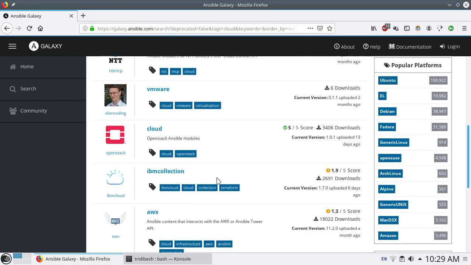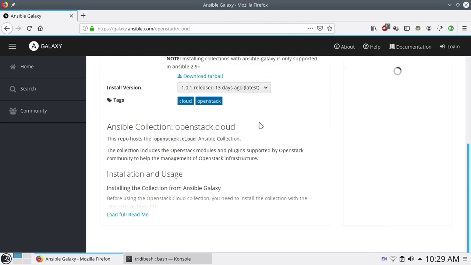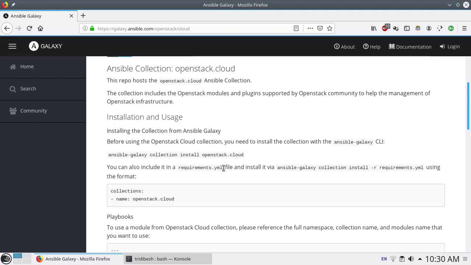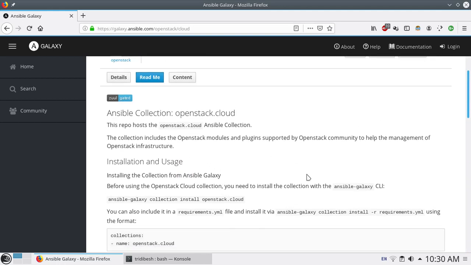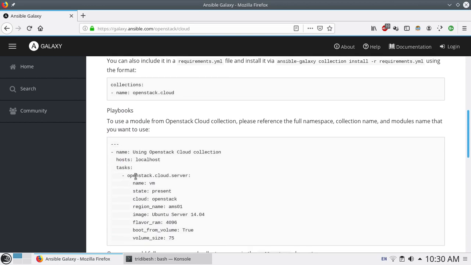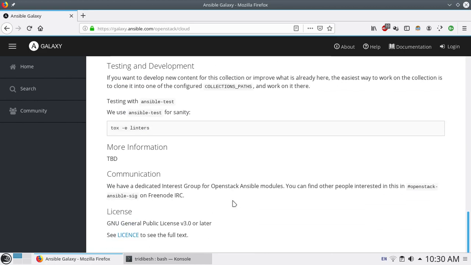You can just click on this and see the information on how to use it, and they have also given a fairly good amount of documentation on what it is and how to use it, like the tasks, what they are doing, and how you can use them.